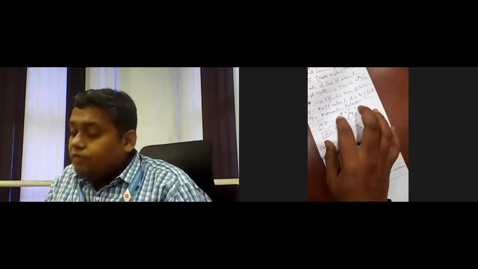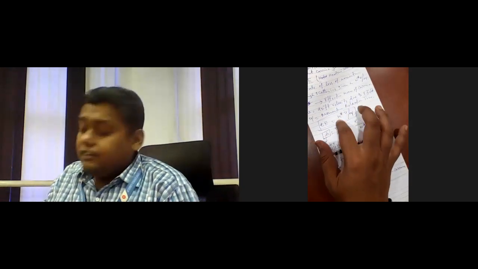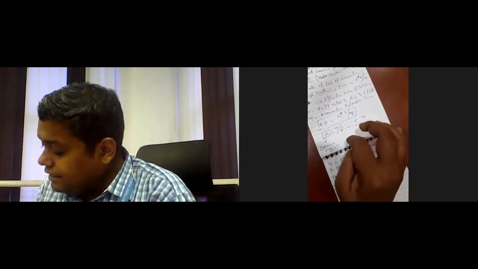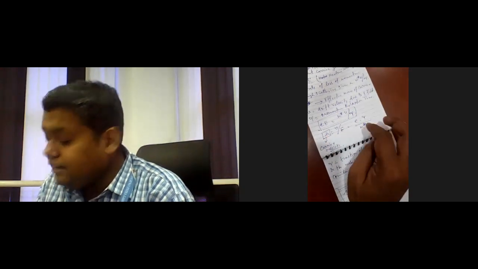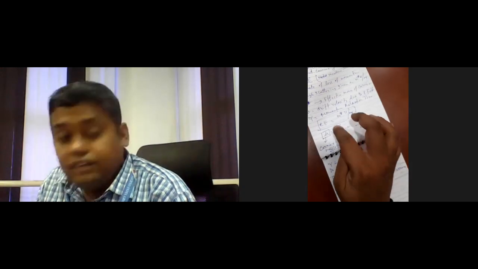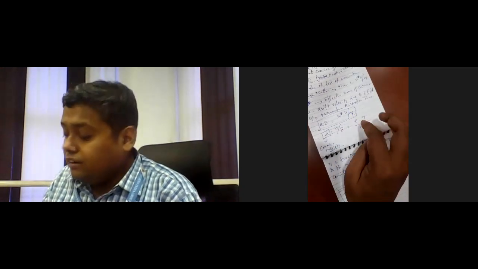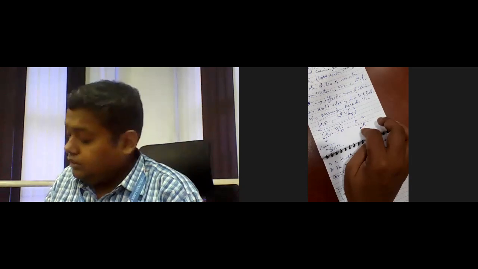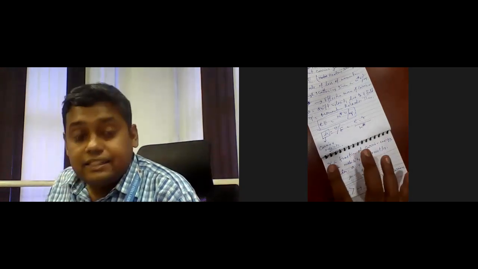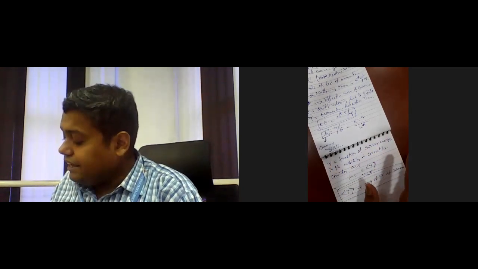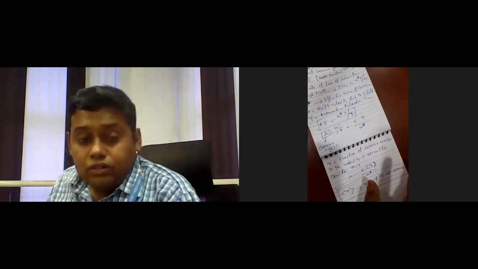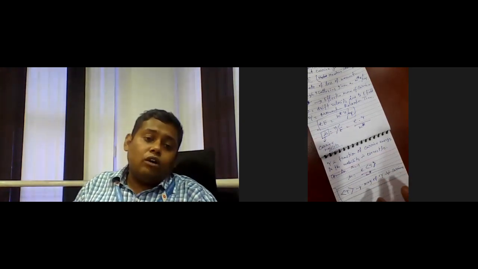Tau is the momentum relaxation time, and this m star V by tau is considered as the carrier gain of momentum. That is equal to V by E, the mobility of the carrier, velocity by electric field, which equals E into tau by m star. Finally, this tau is a function of the carrier energy, and the mobility is mu equal to E into tau by m star, where tau is the average time for all carriers.